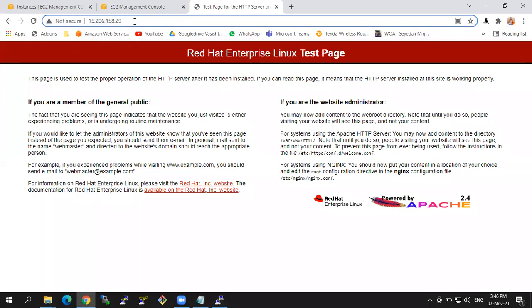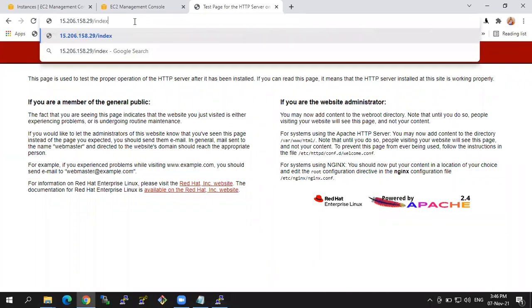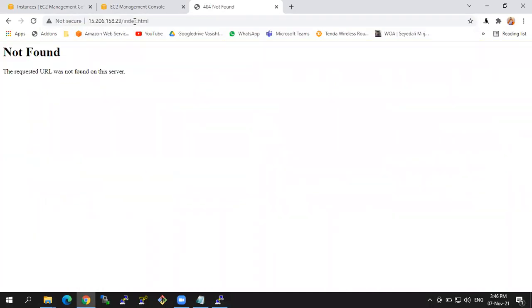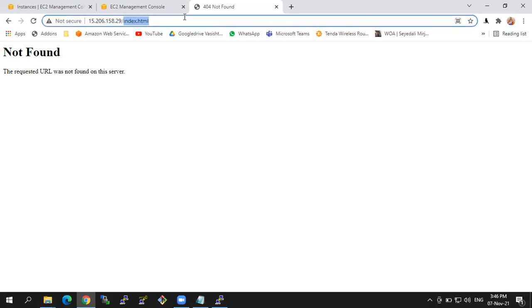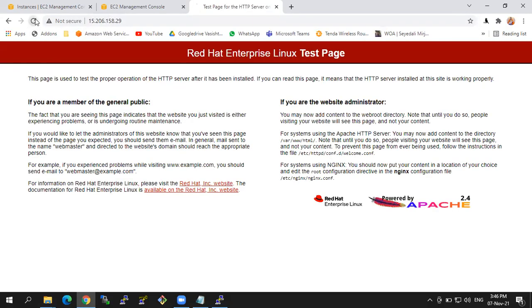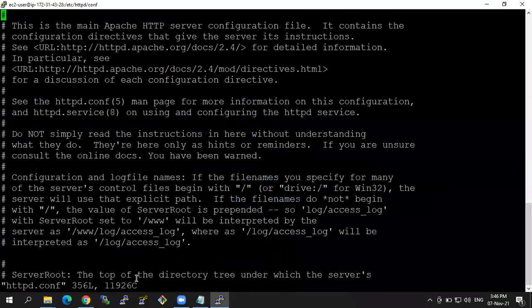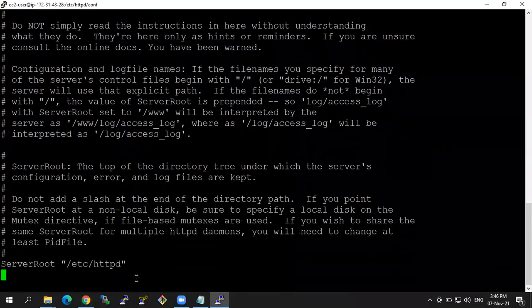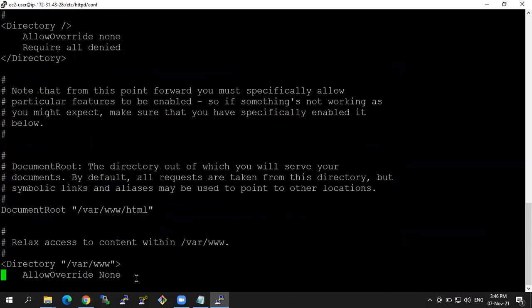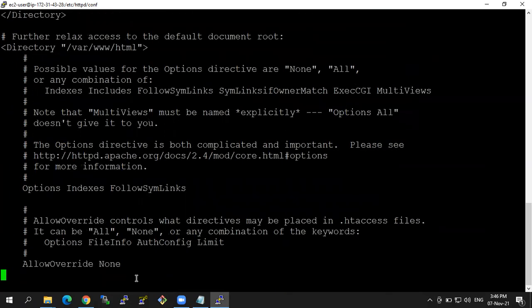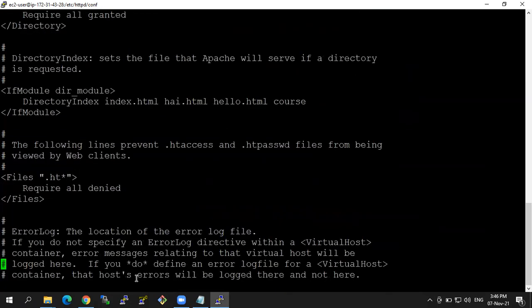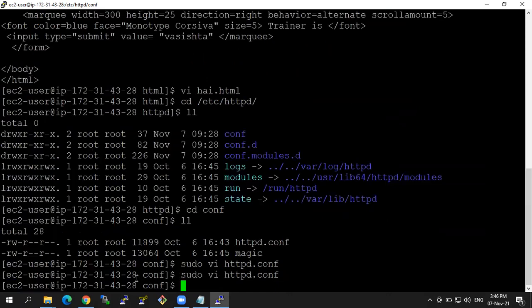Here I'm just giving the path as index.html. So this is not there. It is showing this one because this is the index.html itself. Therefore, here once again I'm editing this file. I'm just removing the index.html there. Here I'm just deleting this one, index.html. Now the default one is hi.html. Now, if you just refresh the page,